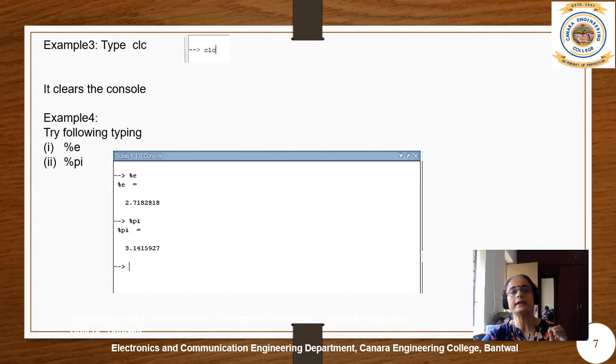You have to write %E and press the enter key, and you will see that its value will be displayed on the screen. That is 2.7182818. Similarly, if you want to get the value of pi, then you have to type %pi, and when you write %pi, you will get the value of pi, which is equal to 3.1415927.